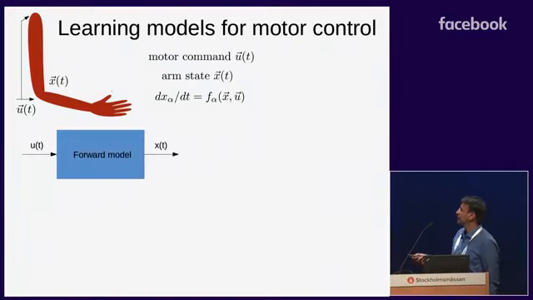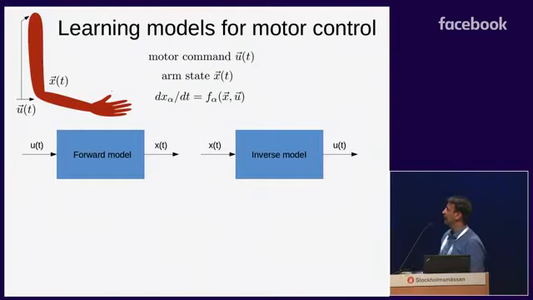So the internal models that we are going to learn here will be one, the forward model, which is given the input torque. The brain must predict what is the state of the arm. And the inverse model, given the desired state of the arm, the desired arm trajectory, what is the torque that would generate this arm state trajectory?